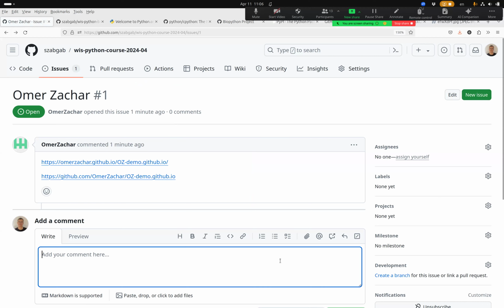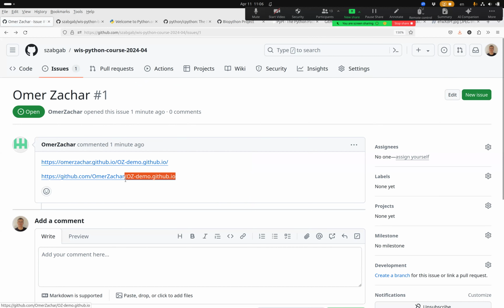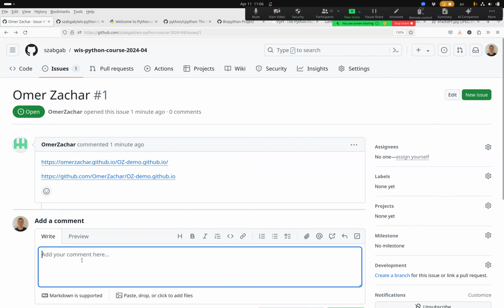Let's go and demo this whole thing. This is the name of the repository. So here it is. I'm commenting: the website should be at